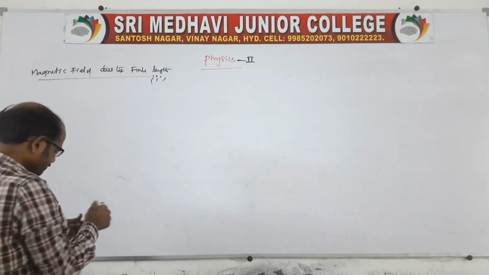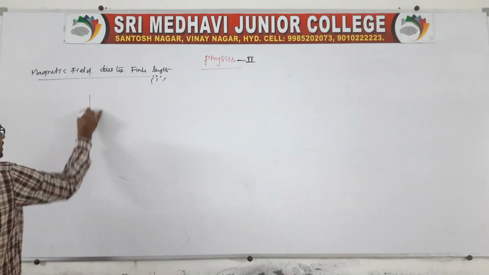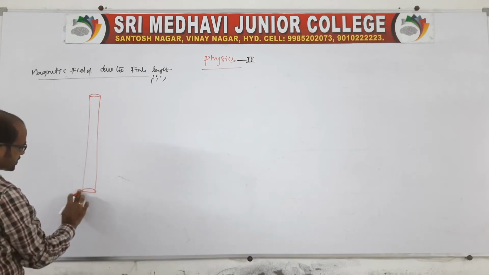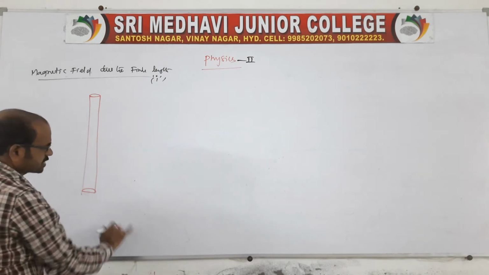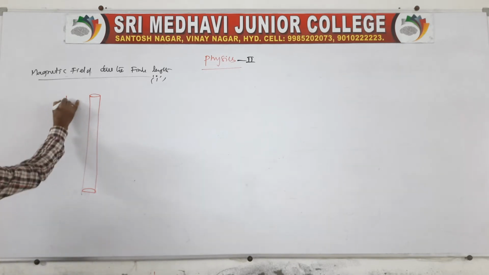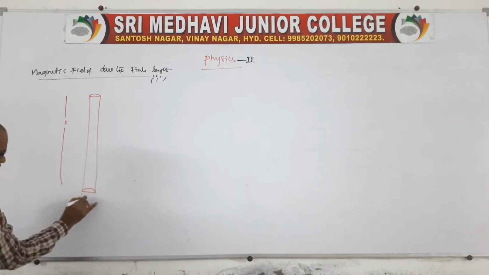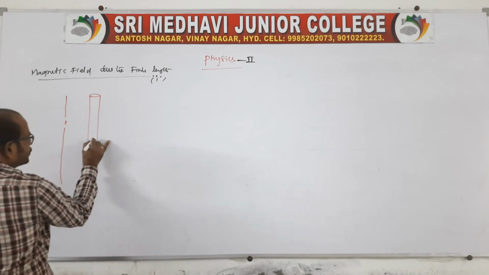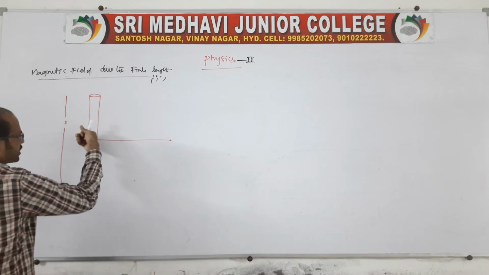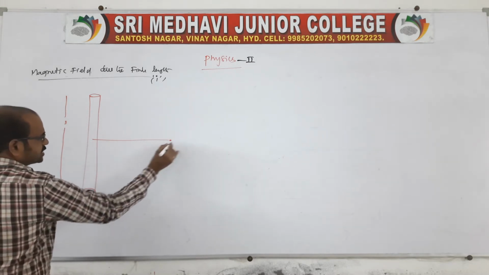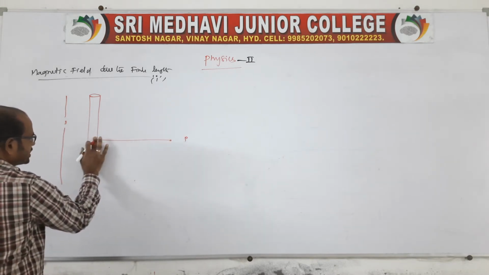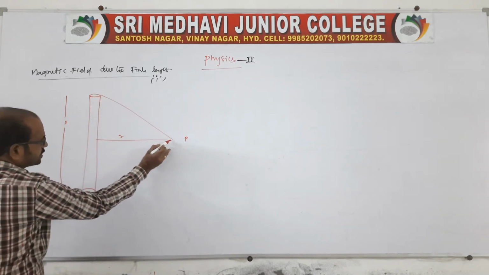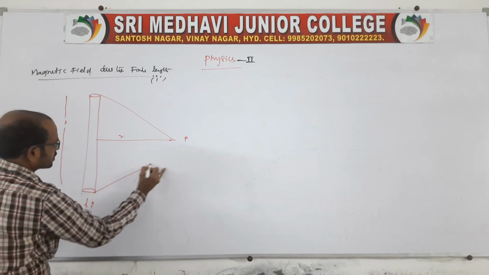Suppose you take a current carrying conductor of given length. The derivation is not required, but this final relation is required. That's what I am telling. The length of the conductor you take as L, which is carrying a current I. That means current is flowing through the conductor. Due to the current carrying conductor, according to the Ampere right hand rule, there will be a magnetic induction at a point P. The distance from the center you say R. Now from this end also magnetic induction is acting, and from the other end also magnetic induction is acting.